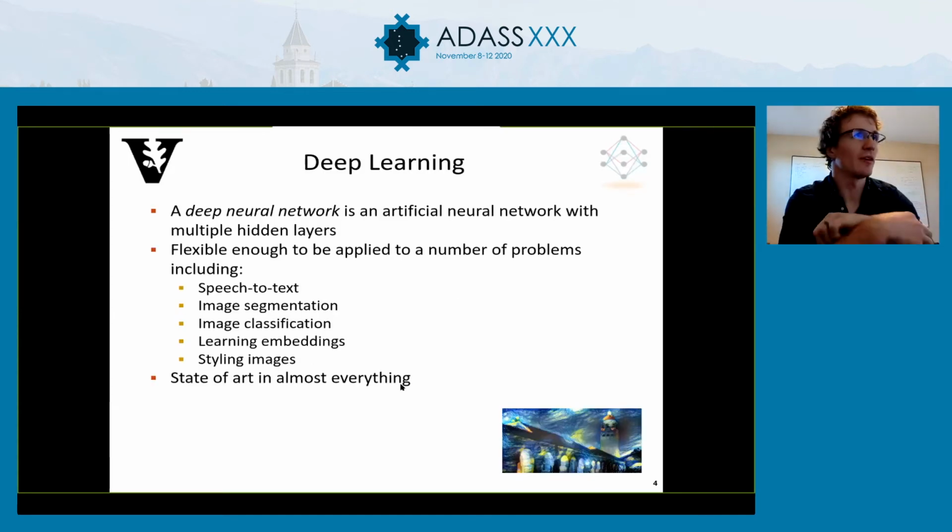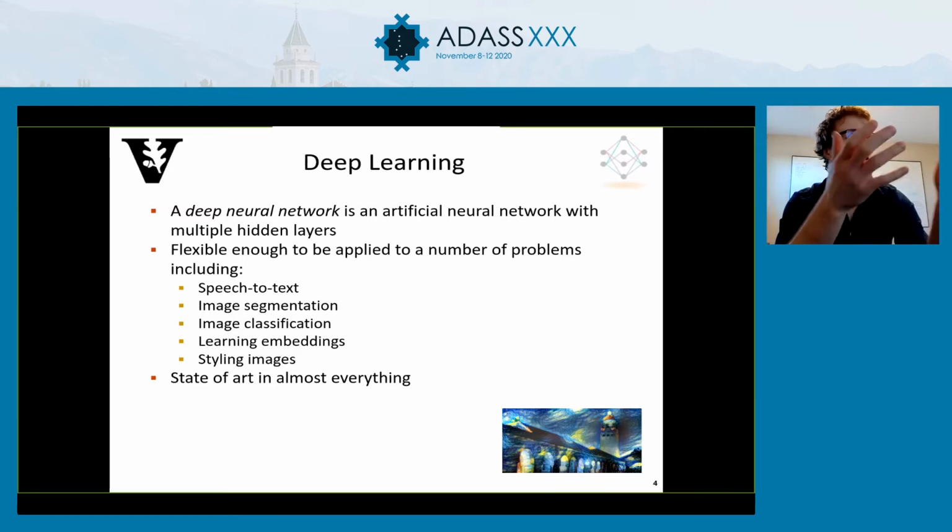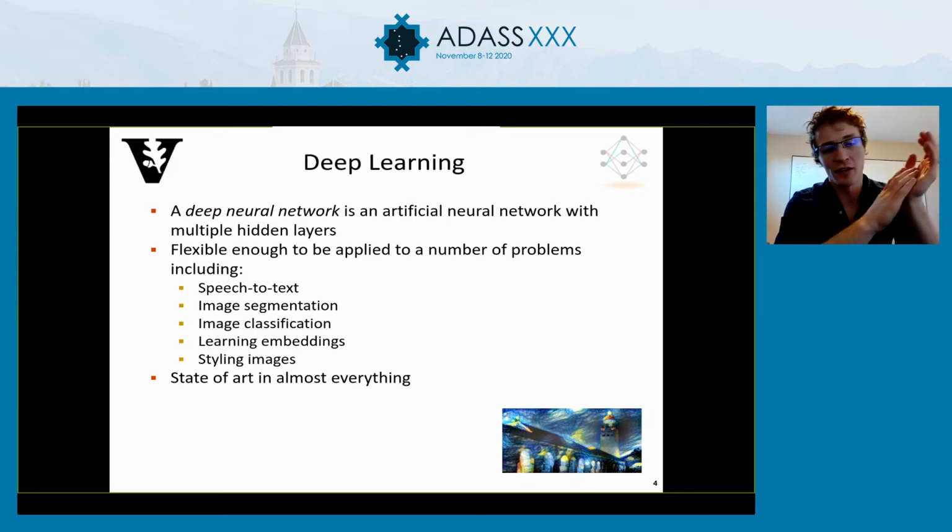Okay, so a little bit of necessary background. Although we're going to be jumping into deep learning, this is a more practical or, again, hands-on sort of tutorial. So I'm not going to spend a lot of time with proofs or things like that, and I suspect people have at least heard of deep learning in the past. If there are more questions on some of this background, we can cover some of it as it arises, but I wasn't planning on getting into a lot of depth on the theoretical foundations and such. That said, a deep neural network is an artificial neural network with multiple hidden layers, and